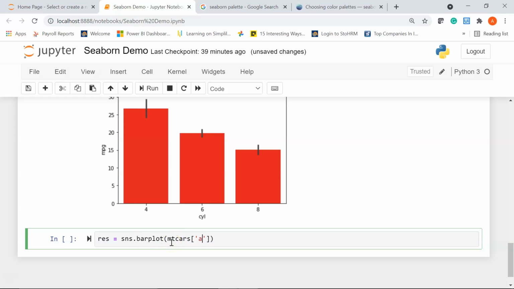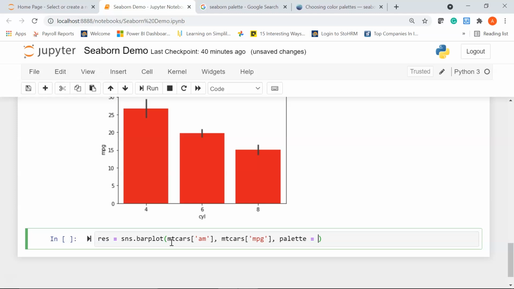Let's say I'm using my x label as transmission, whether automatic or manual transmission, and then in my y-axis I'll have miles per gallon. Then I'm going to say palette equal to, I made a spelling mistake here.